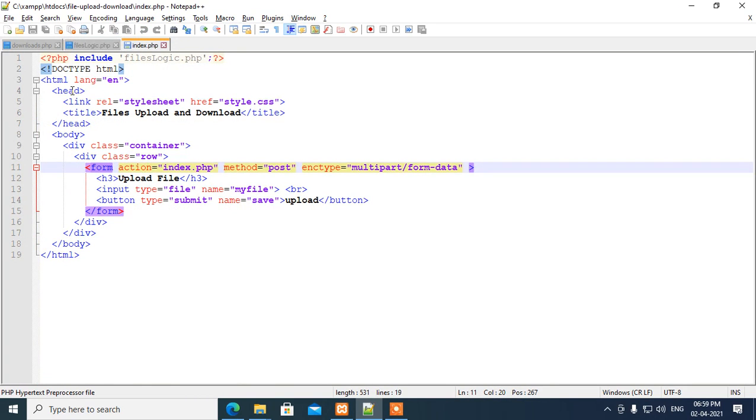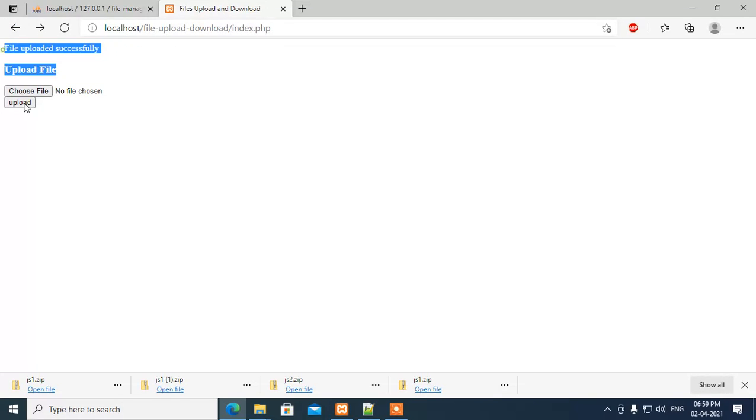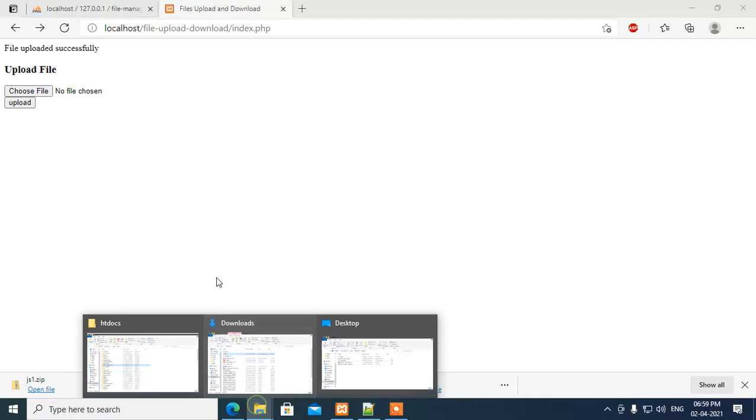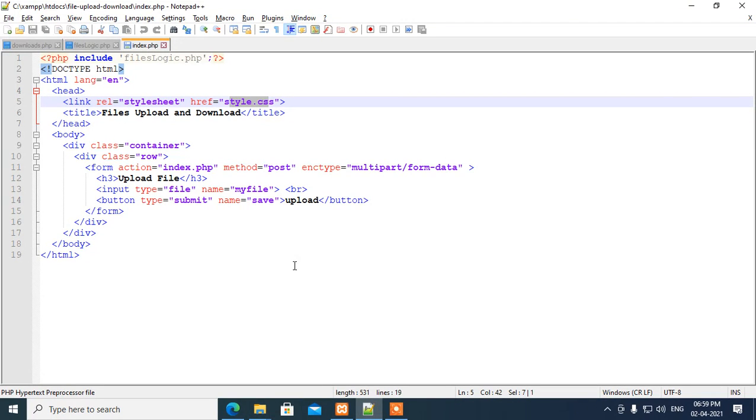Then you are already well aware of HTML files, the HTML head, and I also include a CSS file. It looks like this. Now here I take a form tag.